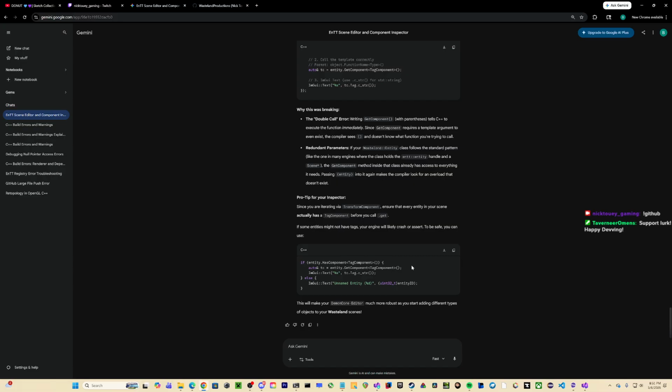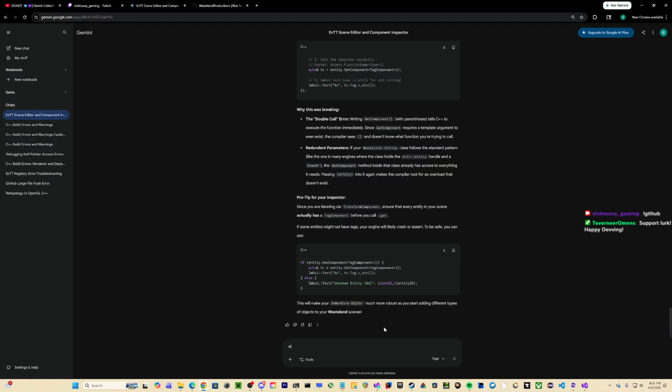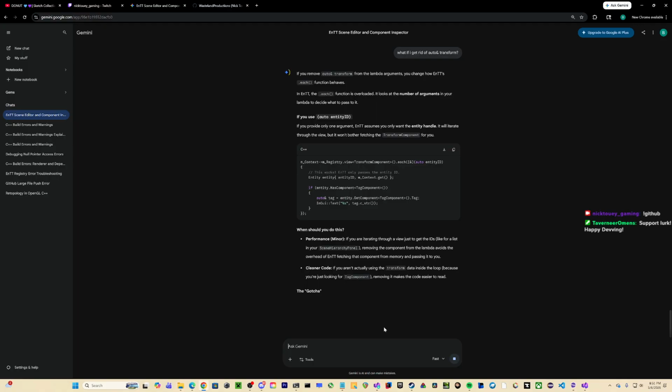Is this because none of the entities have tag components? I mean, what happens if I get rid of the transform? It will change.